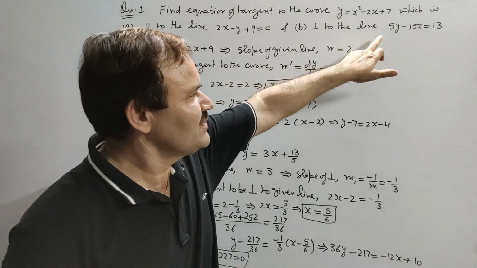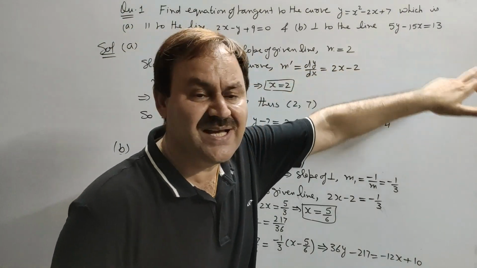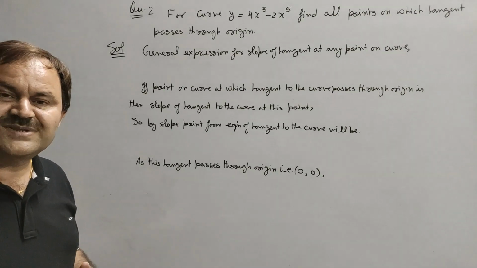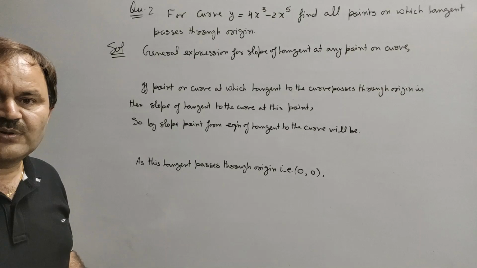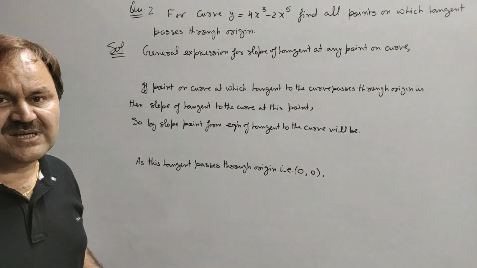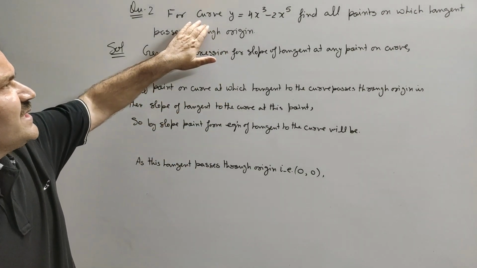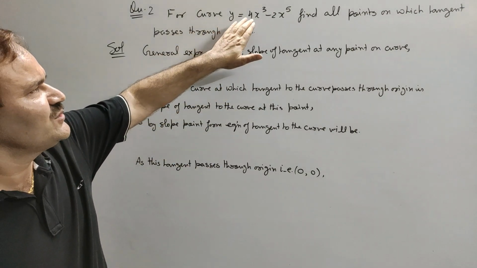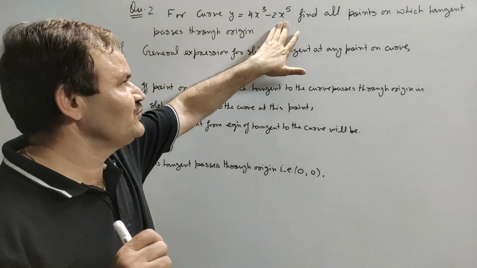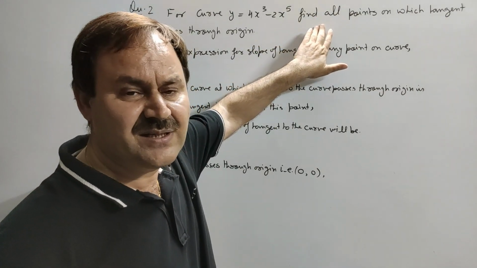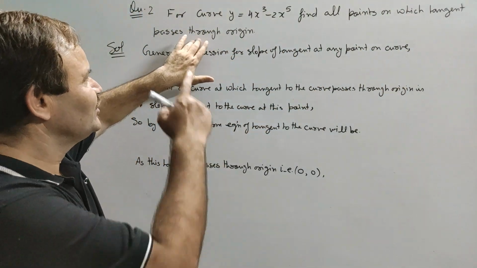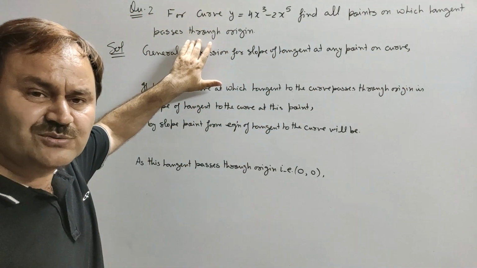will be perpendicular to the line 5y minus 15x equal to 30. Now we are taking one more example to use the derivatives for determining slopes of tangent and normal to the curve. Say this time the curve is y is equal to 4x cube minus 2x to the power 5, and we have to find all points lying on this curve on which tangent to the curve will pass through the